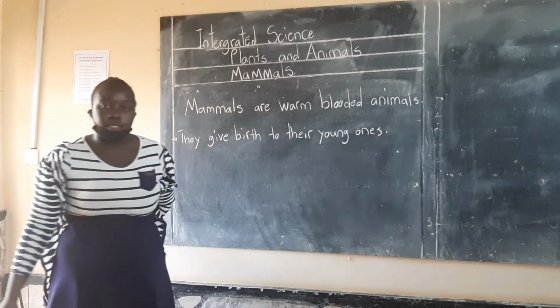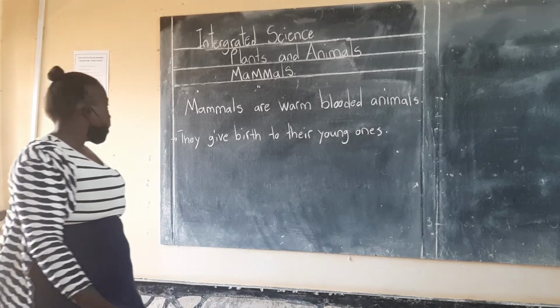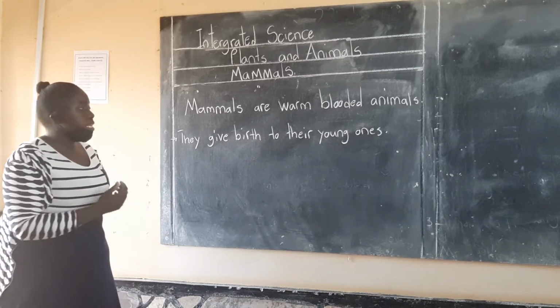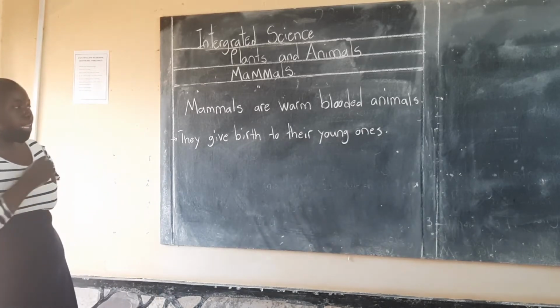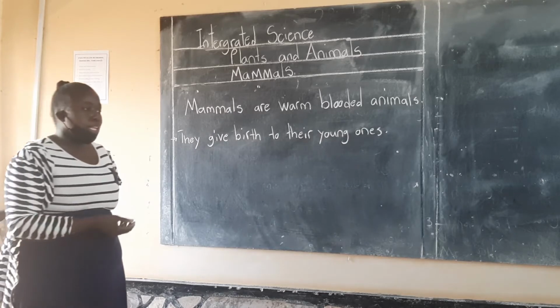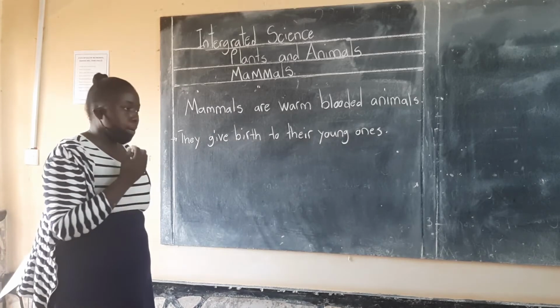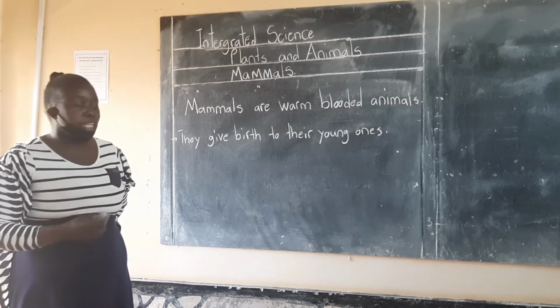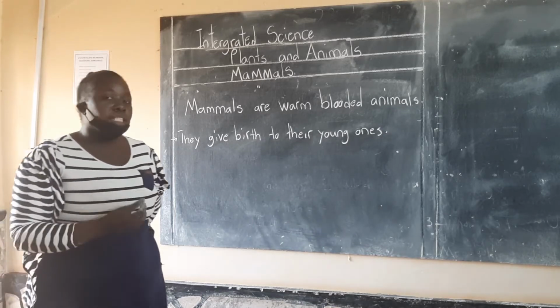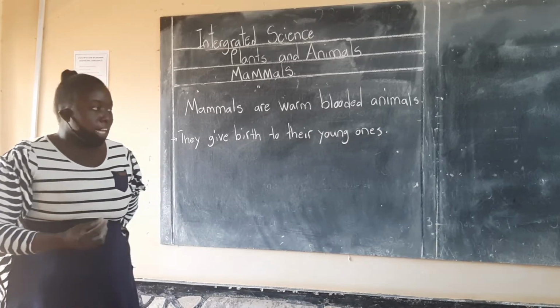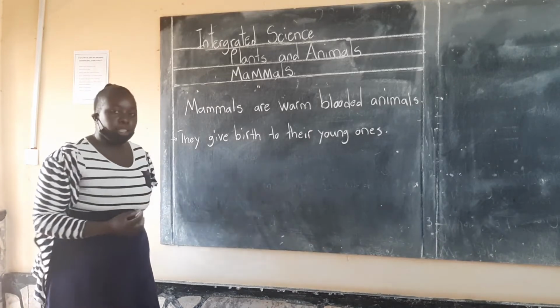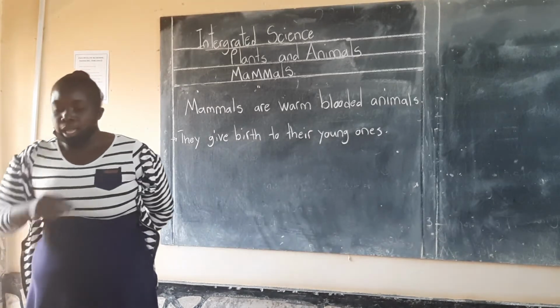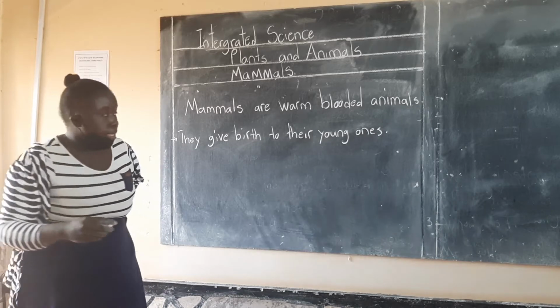So one characteristic of mammals is that they give birth to their young ones. You are going to agree with me that some animals do not actually give birth. They actually lay eggs. But with mammals, they give birth to their young ones. Another characteristic is that